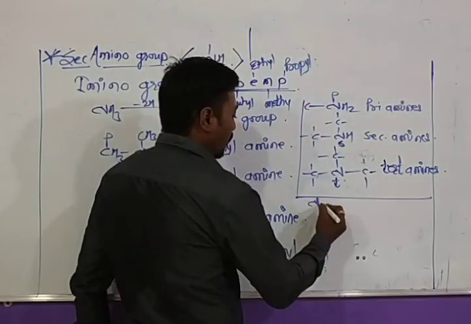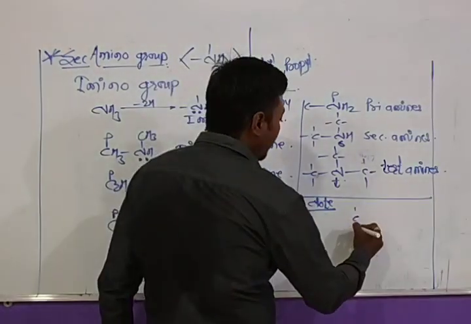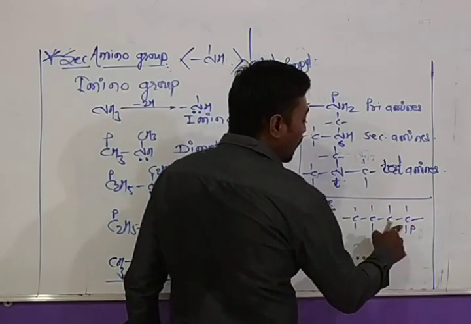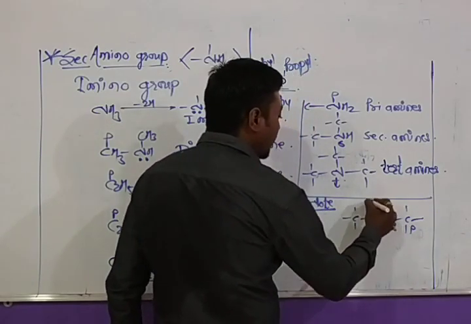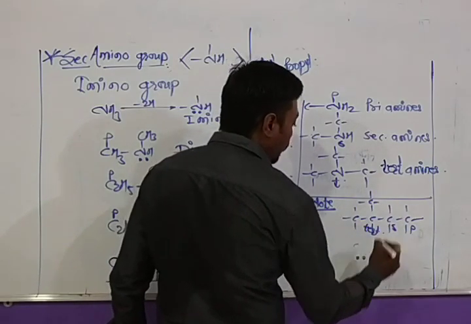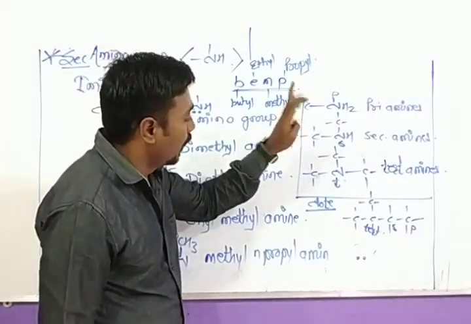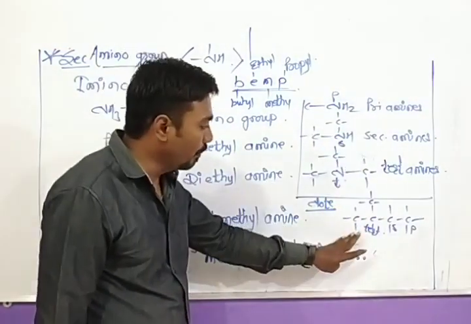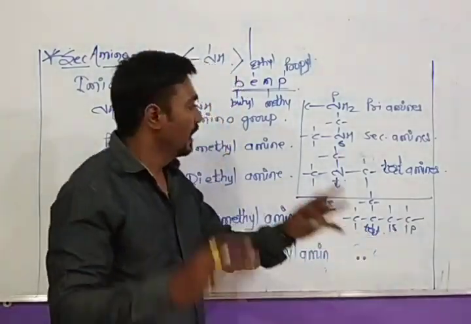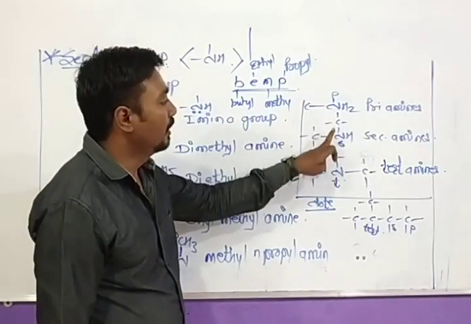Look, except amines, all other compounds can be classified according to the carbon atoms. For example, this type of compound will be primary, this type of compound will be secondary, and if the carbon is attached to three other carbon atoms, the compound will be tertiary. Lastly, I again tell that except amines, other compounds are classified as primary, secondary and tertiary on the basis of the carbon atom. And only amines are classified as primary, secondary and tertiary on the basis of the nitrogen atom.